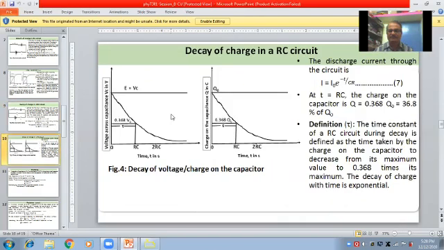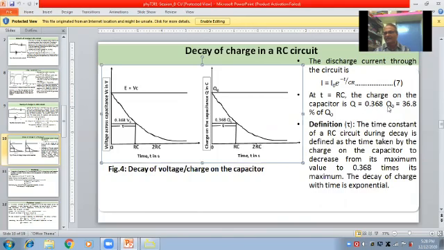So decay of the charge in an RC circuit is also like this, and it depends upon the time constant, the RC product. The discharge current through the circuit is I is equal to I naught e raised to minus T upon CR. At T is equal to RC, the charge on the capacitor is Q is equal to